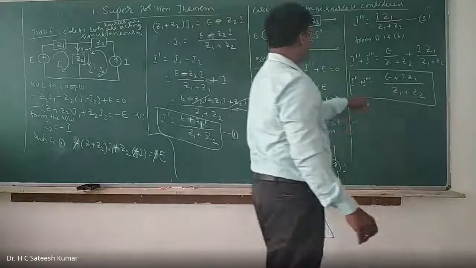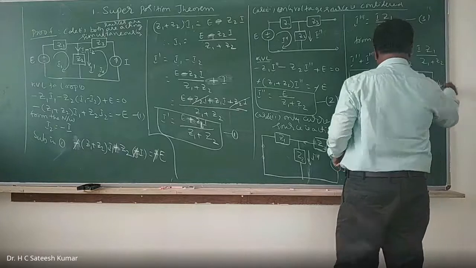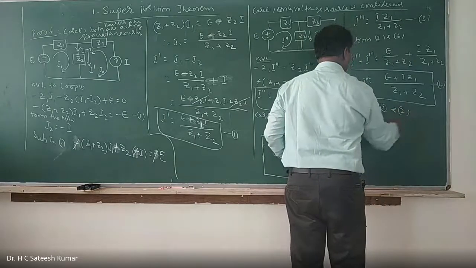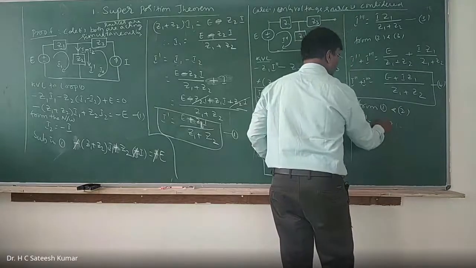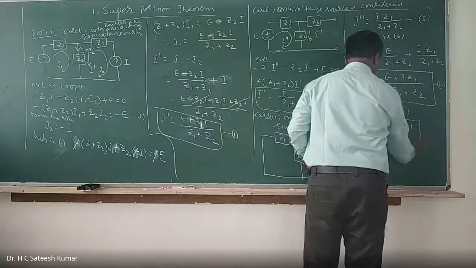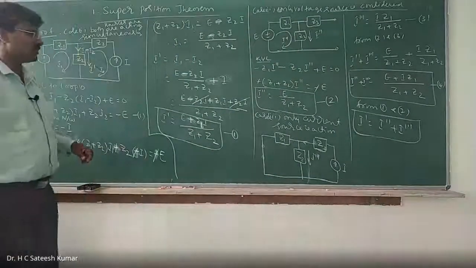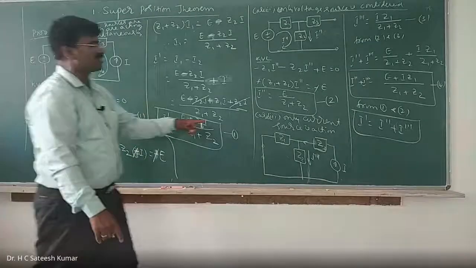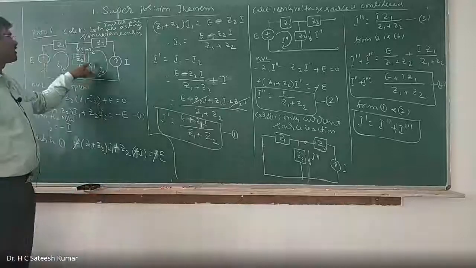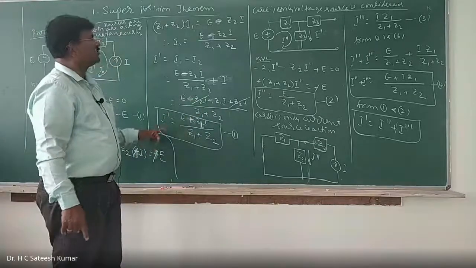Now what do we have? I double dash. So call this equation 4. From 1 and 4, what is your conclusion? I dash is equal to I double dash plus I triple dash. That's what we can understand from this, right? So what can we say? Response due to number of sources acting simultaneously, that means response due to both the sources acting, which I call I dash, is equal to the sum of the responses due to when they're acting individually.